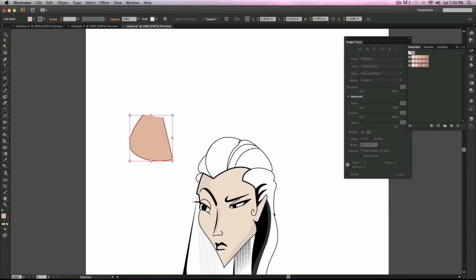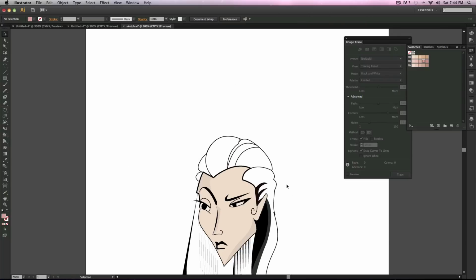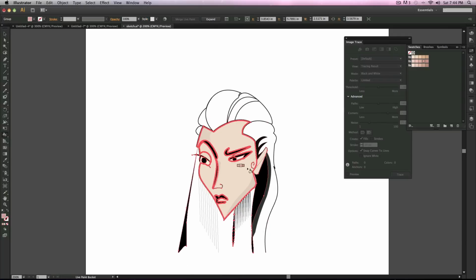But the best option, if you have no fill, is to make sure these points are closed paths. And that's a very easy fix. When you do this, you simply get your pen tool and make sure everything on your sketch is closed. Just by putting a bar in, it can make it a lot easier to change colors. Alright, so you guys can see how simply working with Livepaint can really change your workflow